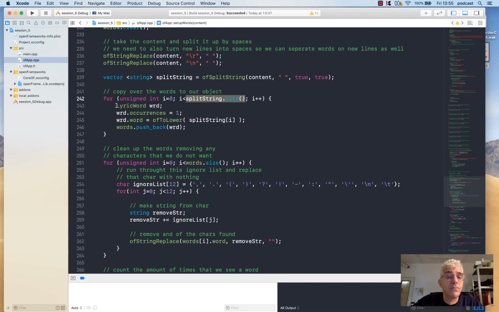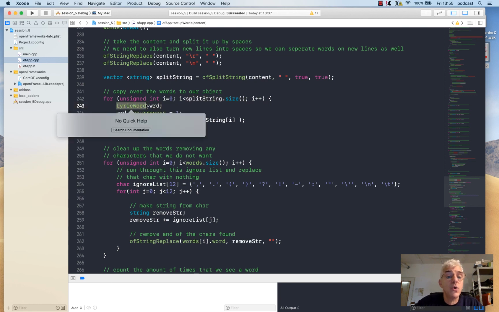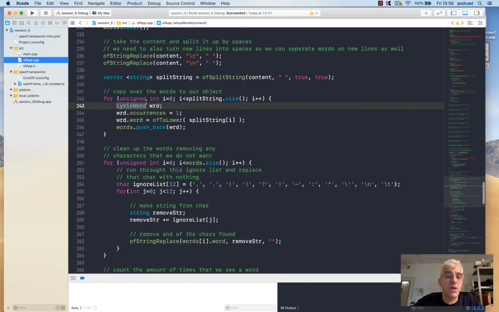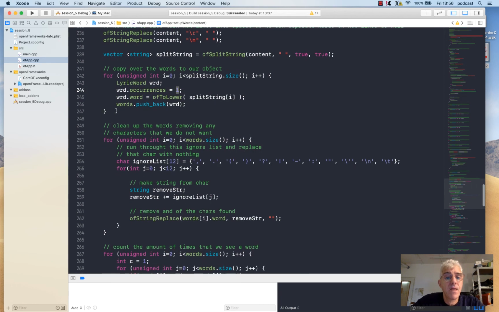And we loop through. The first thing we do is we're going to make a new object using the lyric_word class that we defined here. So the lyric_word class, inside it, will have a string called word and an integer of occurrences of that word. So we can call lyric_word, and openFrameworks, and in this instance also Xcode, registers or understands that that's an object that it now understands about, and we're going to make a new one called word. Initially, we're going to set the occurrences of that word to be 1, and then we're going to set the word inside our lyric_word object,